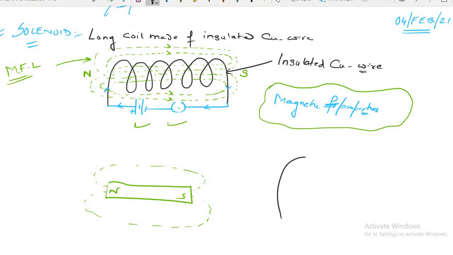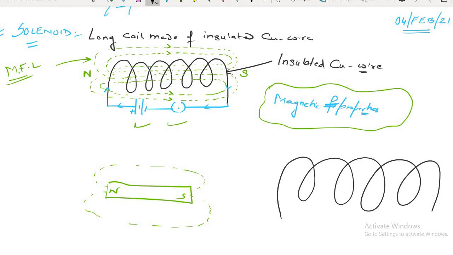Let me show it to you once again. If this is the solenoid, that is, inside the solenoid, the magnetic field lines are like this. You can see here, it starts from the South Pole and ends at the North Pole. Can you see what I am drawing? Outside one is clear to you, no problem. Inside one only I am interested to draw. Can you see the inside one? Outside one you can draw like this in the first diagram. But is the inside one clear to you, everyone? Yes, sir.